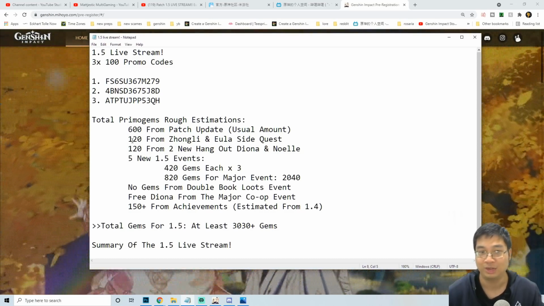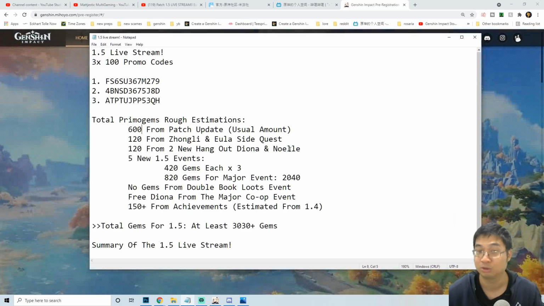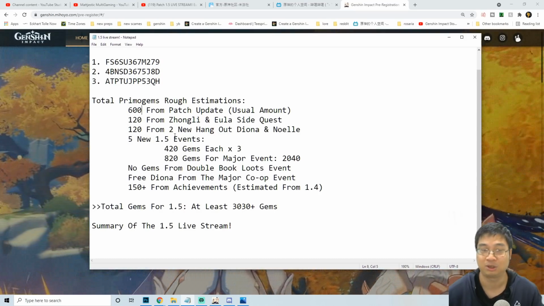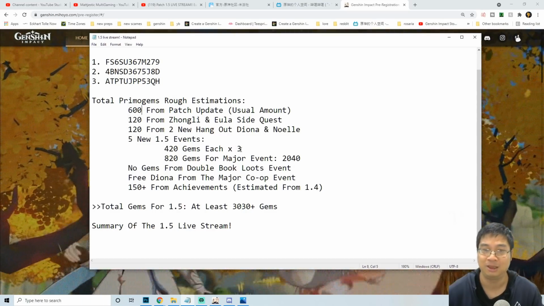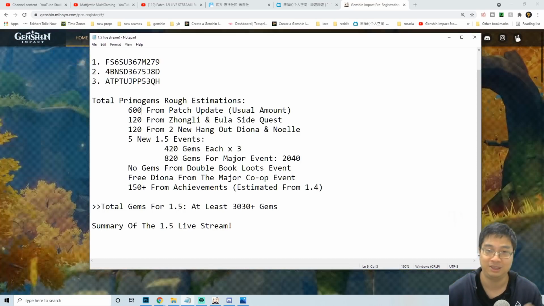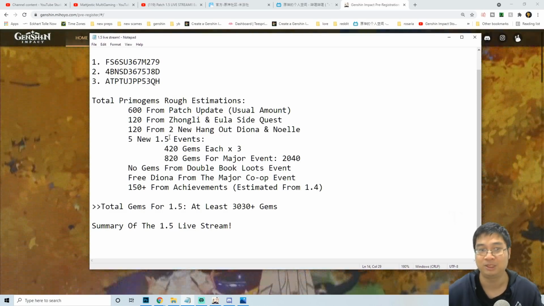After that, there's 120 Primogems for the Zhongli and also Eula side quests, 60 Primogems for each. There are also 2 new hangouts with Diona and also Noelle for 60 Primogems each, so that's 120 Primogems. Now for the patch 1.5 events, there are 5 of those as we go through the images. I think 3 of those events will have about 420 Primogems each because they're standard events. There is a major event for about 820 Primogems. We have talked about how this is estimated in the previous videos. So what I'm thinking is, if we add those together, we can get about 2040 Primogems for those 5